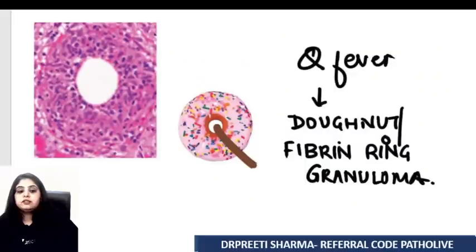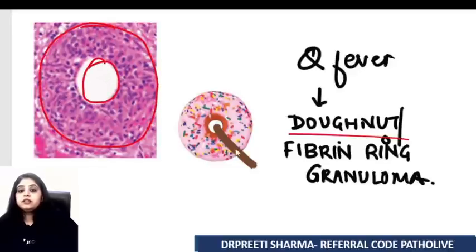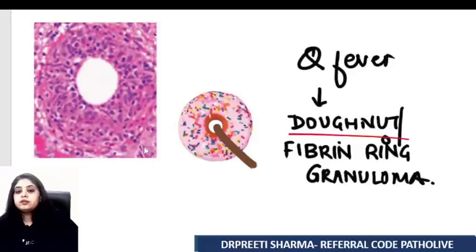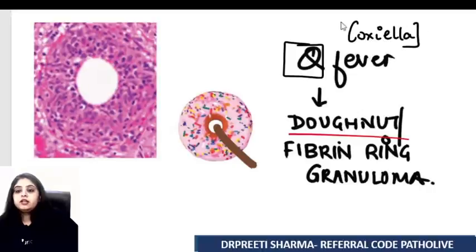Coming to the next one, the different granuloma, which is again a very, very famous one, where I see that, okay, there's a classical one, I think no one can go wrong in this. This is a donut-shaped granuloma, and the way you make a donut is exactly the way you make a Q out of it. So that's how we've learnt it. Where do you see a donut granuloma? You see it in Q fever. And I hope you know Q fever is caused by Coxiella.